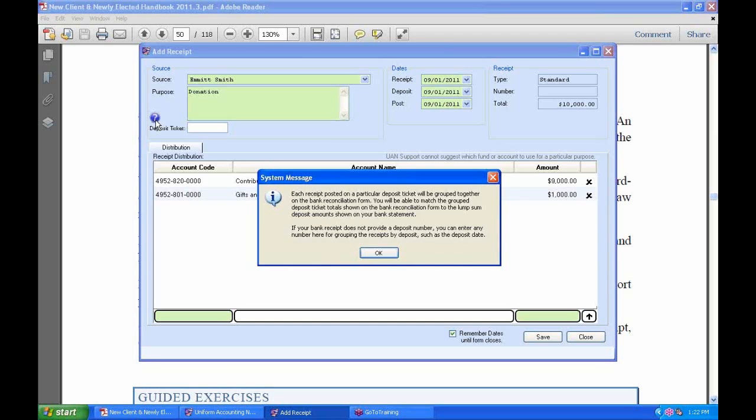When you get your bank statement and you look, we're going to get to our bank reconciliation, but when you want to reconcile UAN with your bank statement, your bank doesn't care that it was two checks. It is just recording, in most cases, that you deposited $1,100 on this particular day. So in UAN, though, those checks came from two different sources, let's say, and so you receipted them as two separate receipts, $700 and